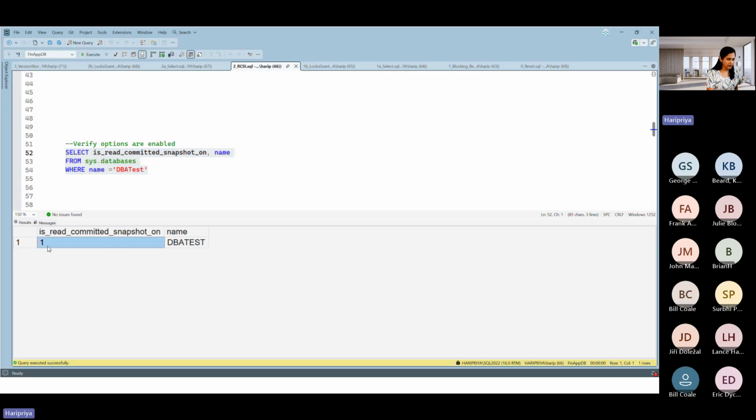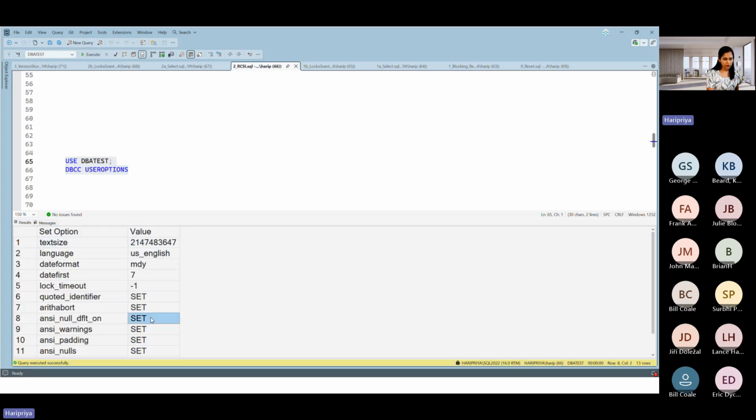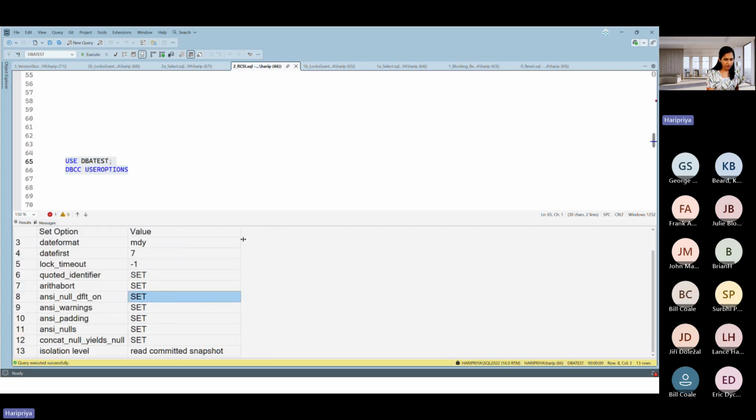If you see now, this is 1, which means read committed snapshot is enabled. And if you check the DBCC user options, now this is changed to read committed snapshot. All right, now what we are going to do is, again, I'm going to keep it open and run this